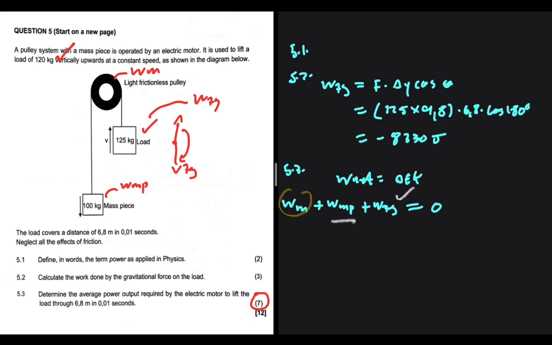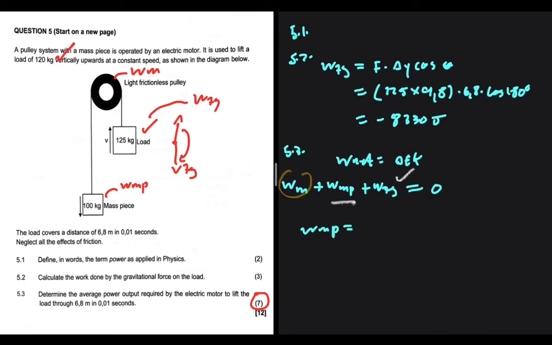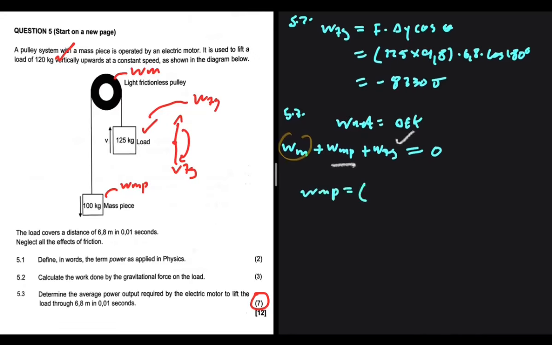Let's find it separately. The work done by the mesh piece will be equal to F, which is gravitational, 100 multiplied by 9.8, the distance covered, 6.8, and a cos of 0. We have already determined that the mesh piece is doing positive work. We're going to get